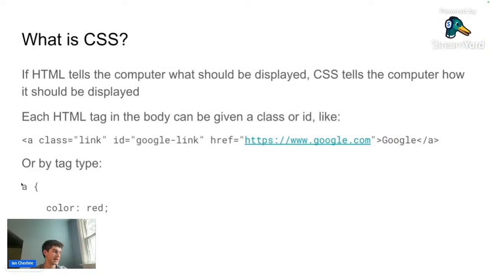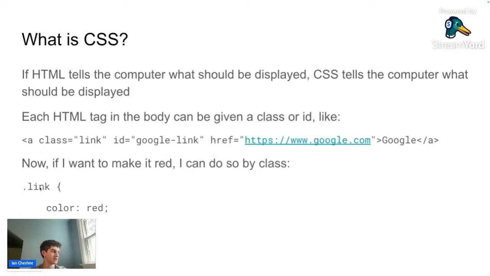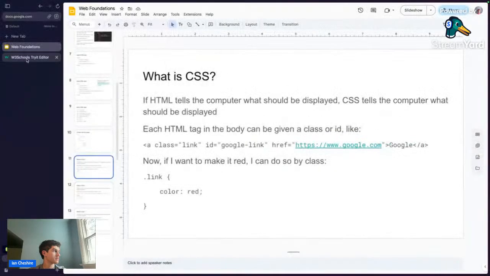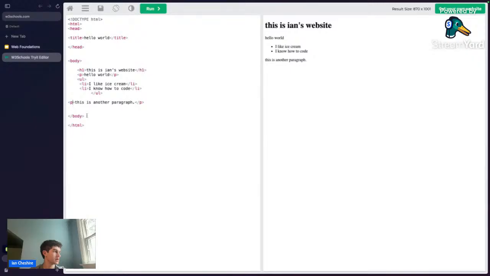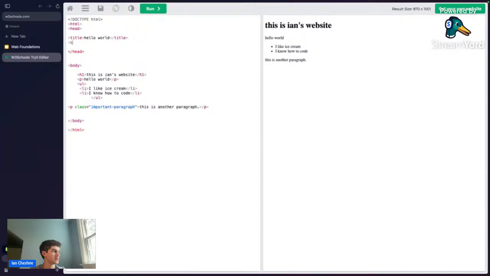If we're talking about CSS, we can use a tag and then say what we want all those tags to be, or we can use an ID and say what we want that one element with that ID to be. We want it to be red. Or we can use a class and say what do I want all elements with that class to be. So if we demonstrate in here, we can say P class equals important paragraph, and then we can write CSS here for now,